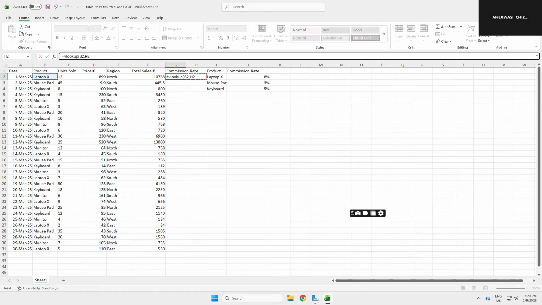But on the H2, I have to make it absolute by putting these dollar signs, so that it doesn't change when I copy it down. So I'll just put those dollar signs. It won't change. Once I've done that, I then put this here, then from there onwards, I select